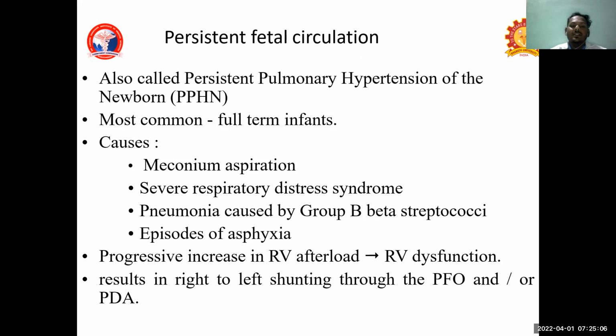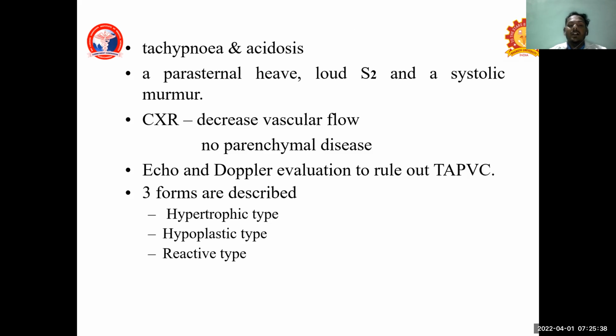Persistent fetal circulation, also called persistent pulmonary hypertension of the newborn, is most common in full-term infants. Causes are meconium aspiration, respiratory distress syndrome, pneumonia caused by group B beta streptococci, and an episode of asphyxia. Progressive increase in right ventricular afterload produces right ventricular dysfunction, which results in right to left shunt through the patent foramen ovale or PDA, and it produces